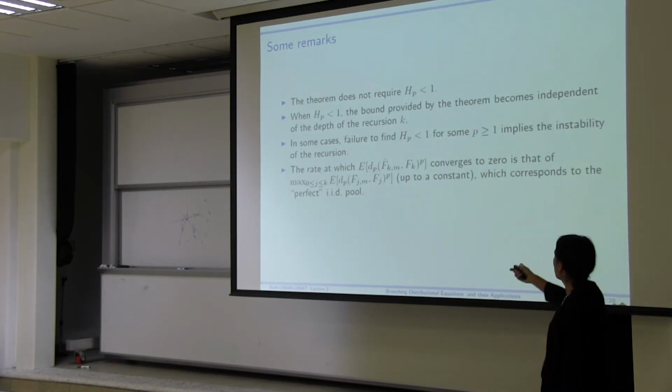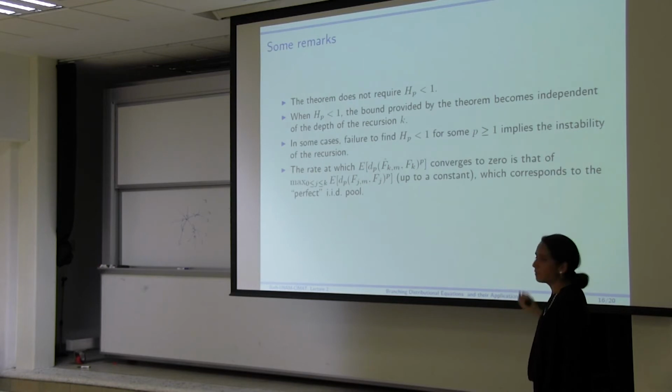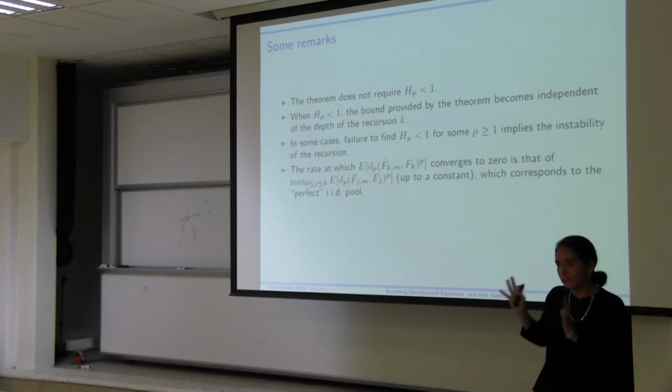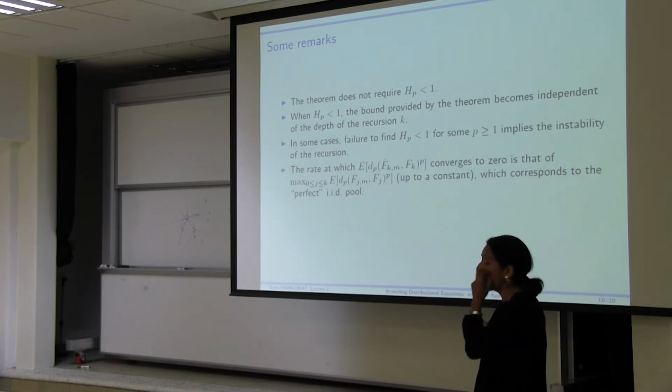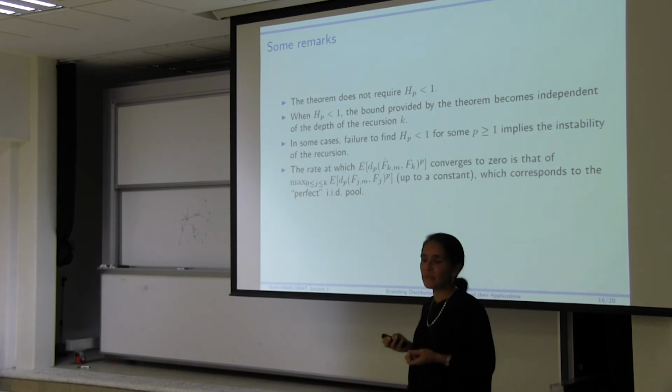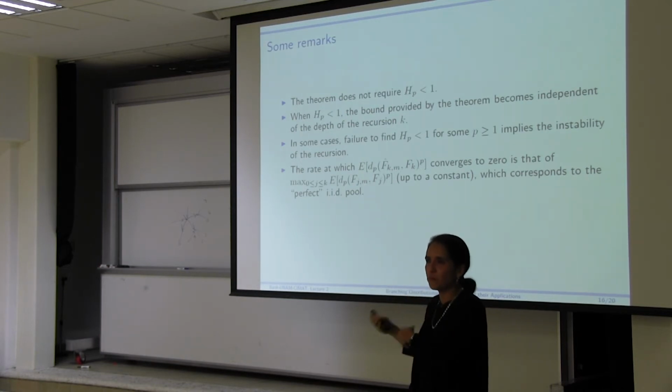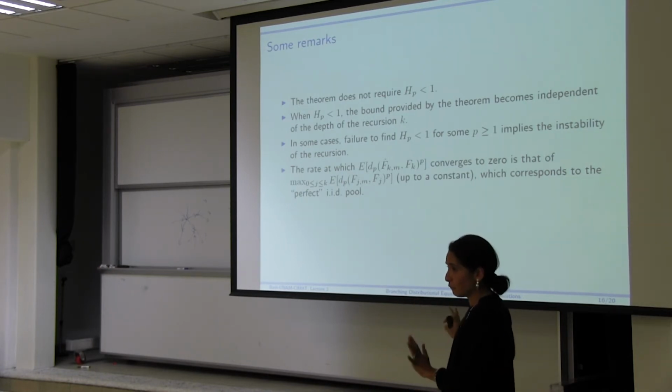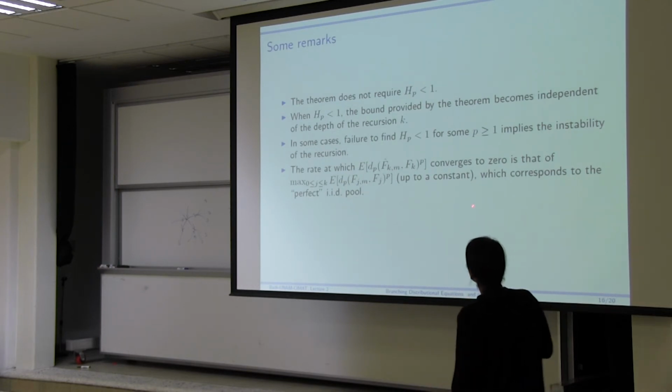So I said, for the theorem itself, you don't need this to be a contraction. When it is, you get really nice accurate results. When it's not, what's interesting, at least in my experience, is that if you can't find it, that means you can't find a solution. This will also pop up when trying to show the existence of the solutions. And if you can't find it, chances are there won't even be a solution.